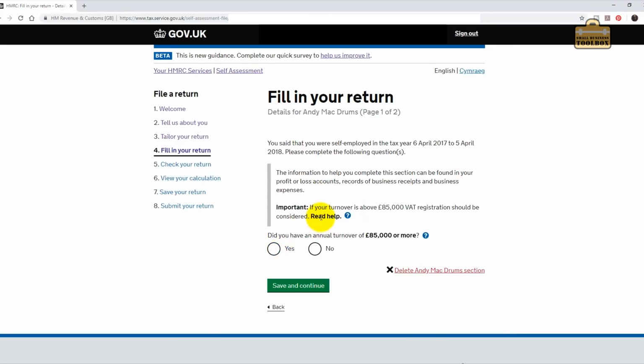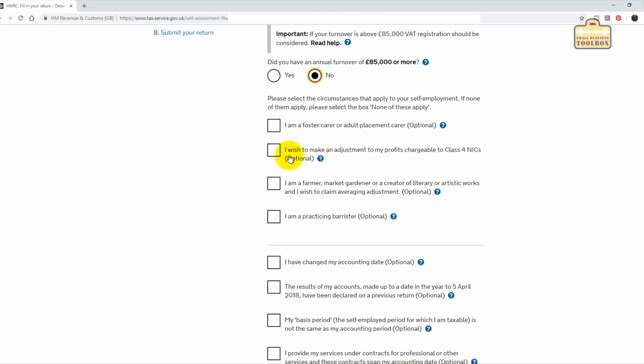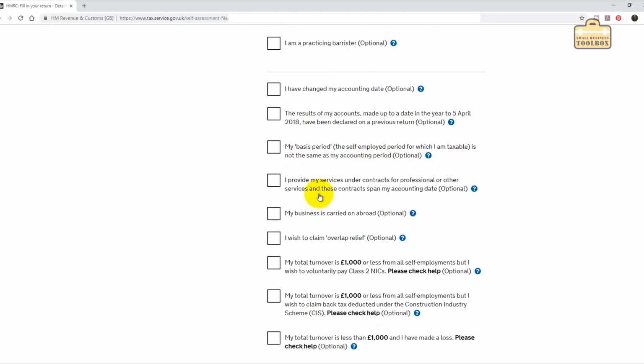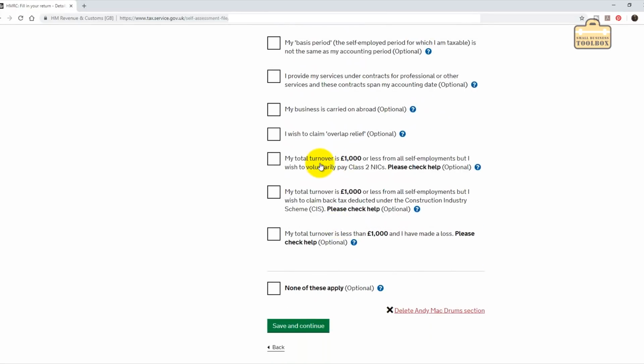Next. We're going to assume turnover isn't over 85,000. Foster carer, all this sort of stuff. This is all kind of more niche, unusual stuff. Again, most of this, if any of it applies, you should absolutely have an accountant involved. Look at this bit. My turnover is £1,000 or less from all self-employments, but I wish to voluntarily pay Class